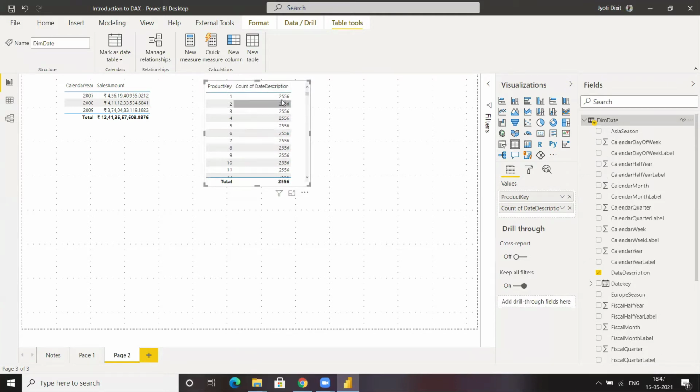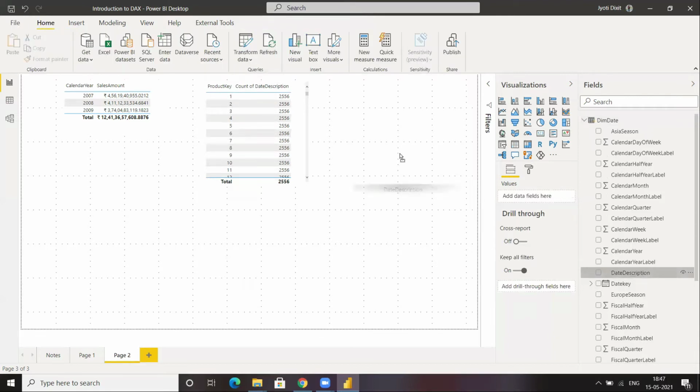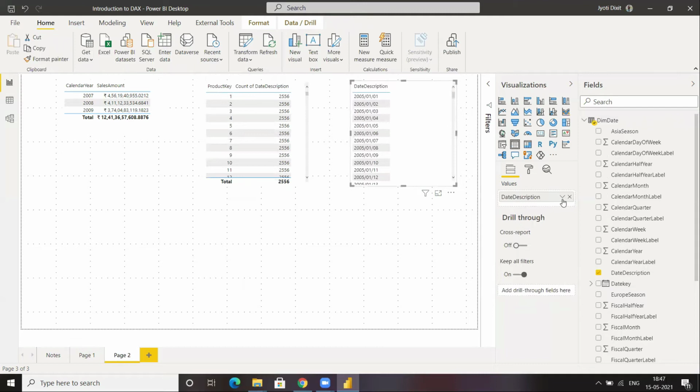And I am having the same values for all the product keys, right? If I bring date description over here and produce a count of date description, then it is the total number of dates which exist in the dim date table, which are 2556 in number.